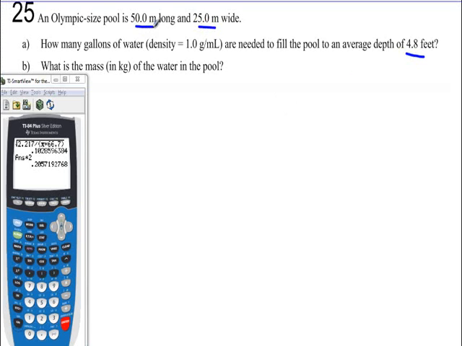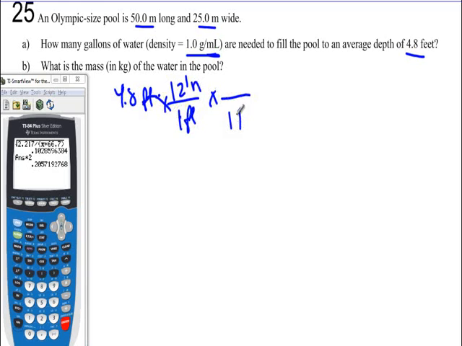Okay, so let's convert feet. And I have milliliters here. Okay, so I have 4.8 feet,